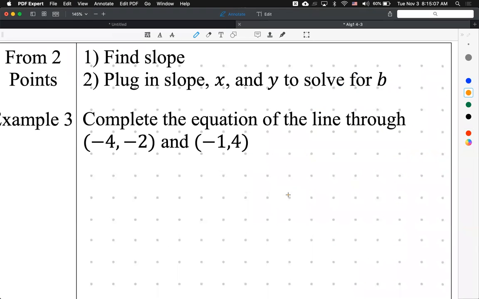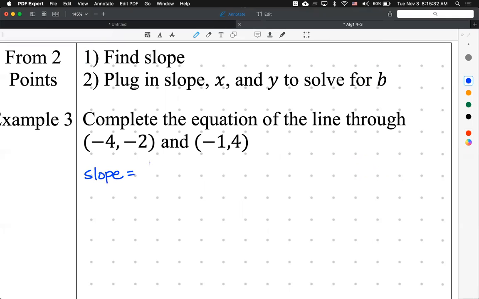Okay, so in general, here is your procedure. When you're given 2 points, you're first going to find the slope, and then after you find the slope, find b by plugging in. I will help you do example 3, and then everyone will do example 4 on their own. So first, I'm going to find slope. That is my first step up here. So down here, I'm going to find slope. So I'm going to write down slope